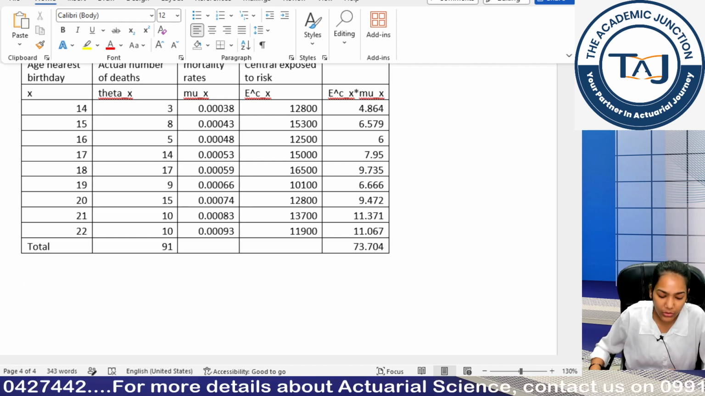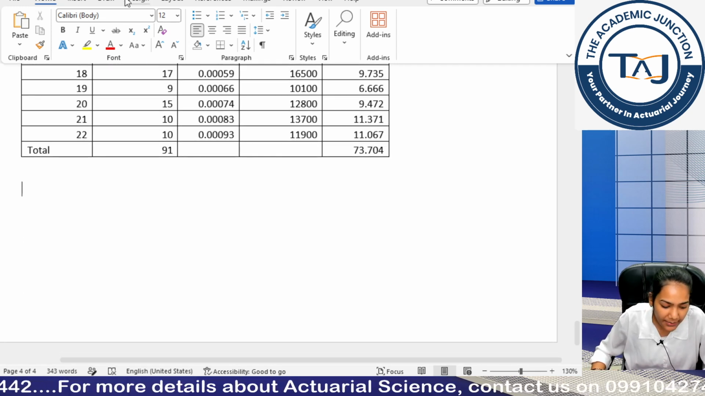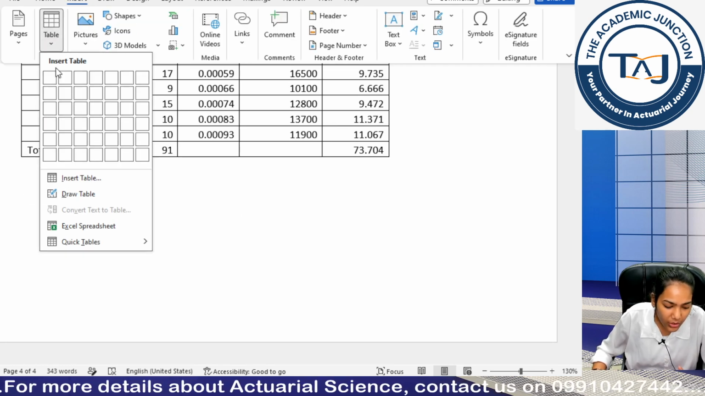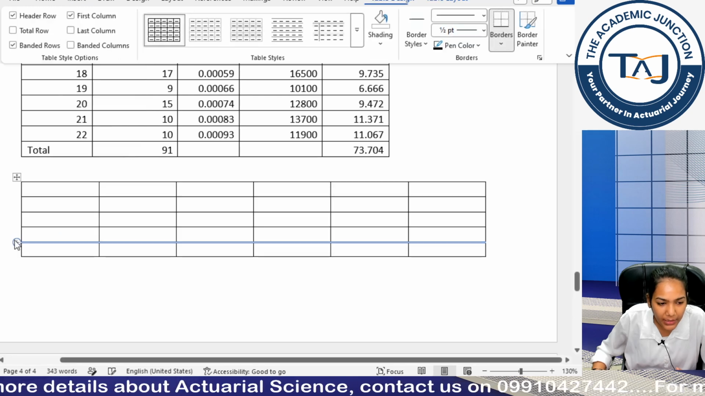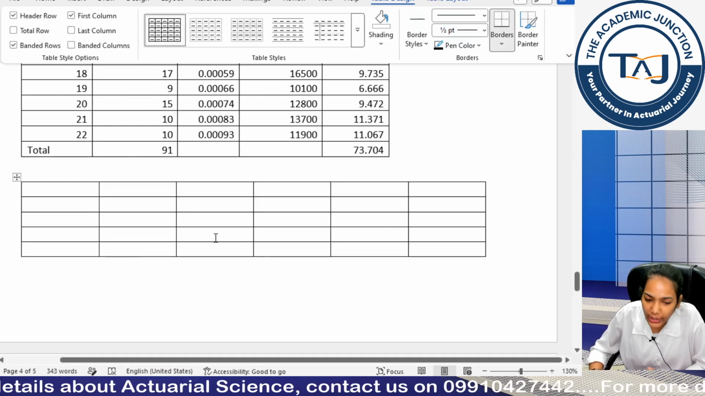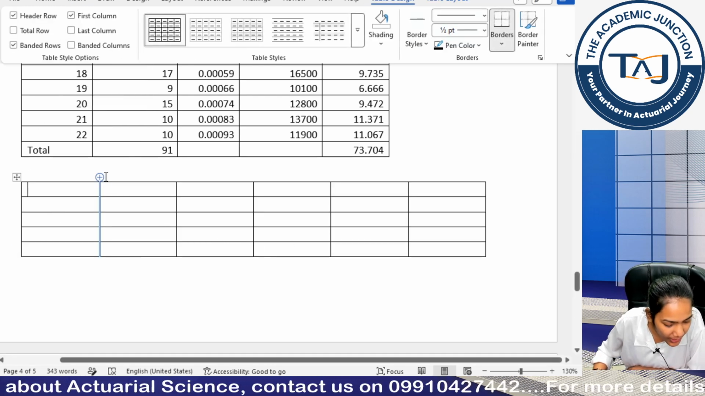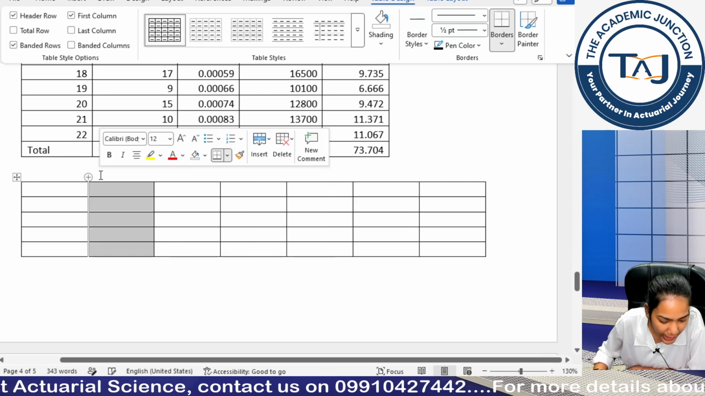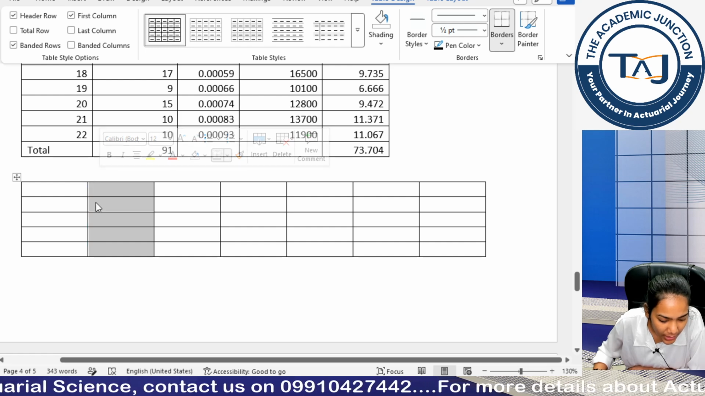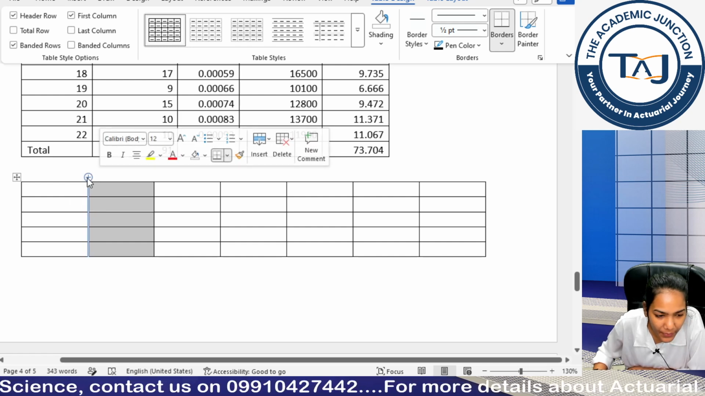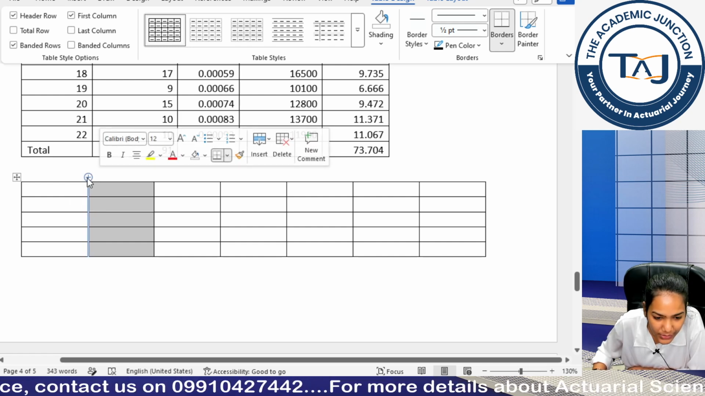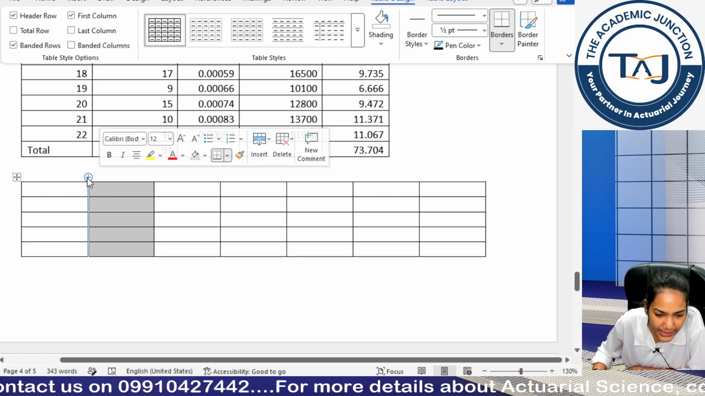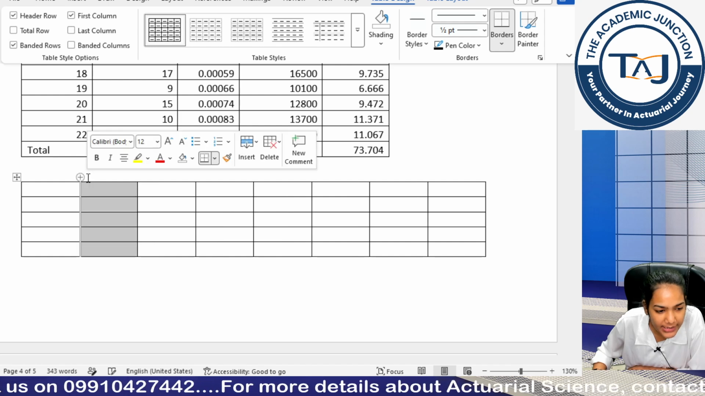Now for those who cannot use Excel in their exam, go to your insert, go to your table, just insert the table, just put in the values that you actually want. Now to add on a row or a column, for adding a column you can hover just at the top of the first row, you can see a plus sign, click on that, you can add as many columns